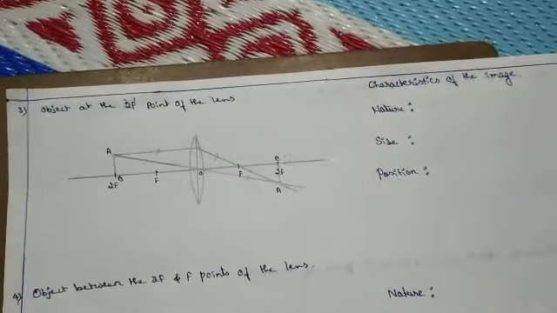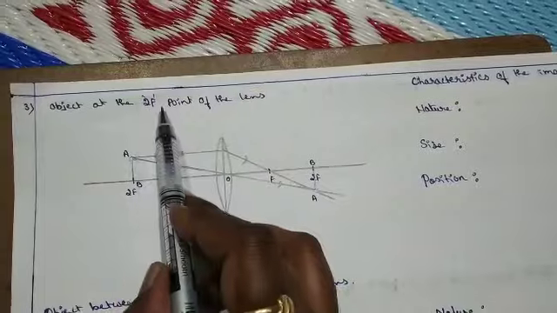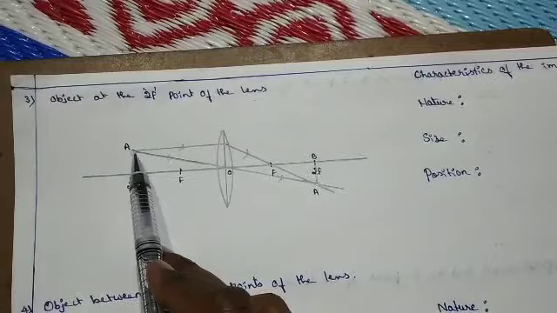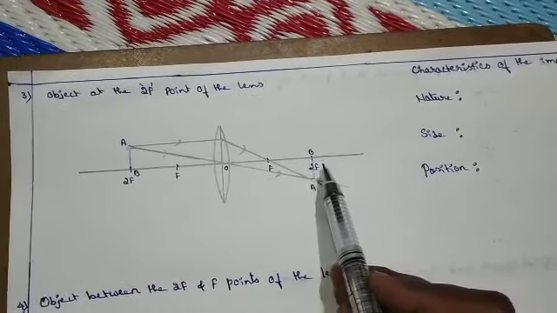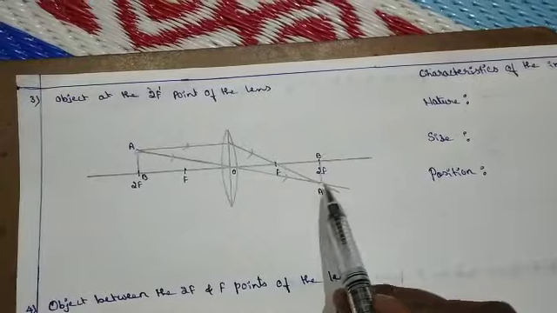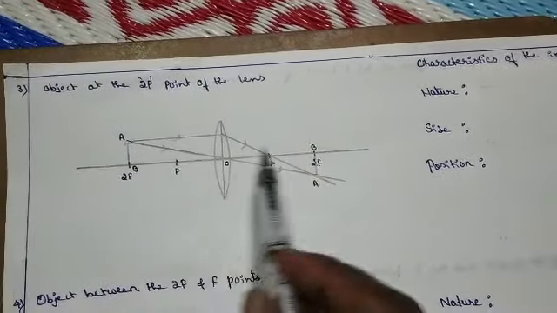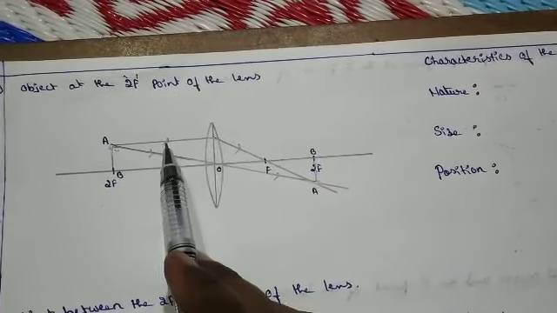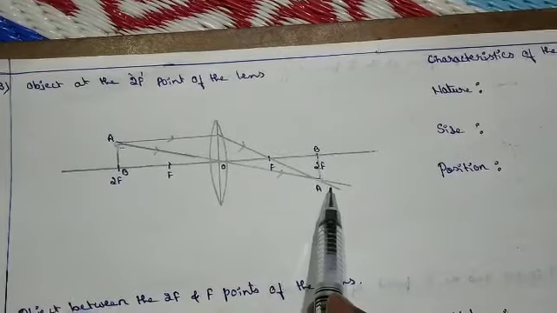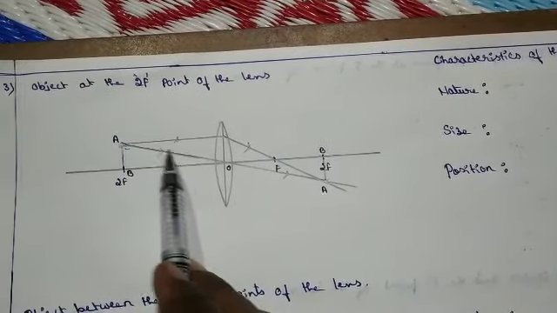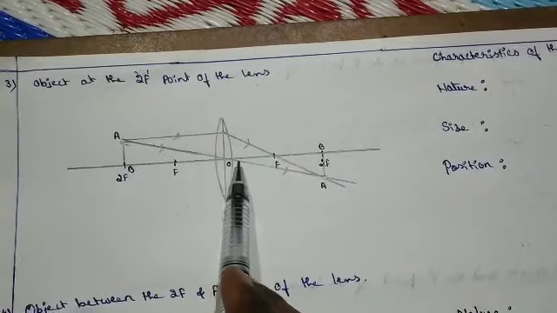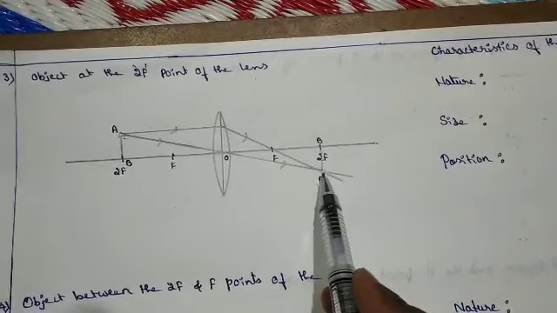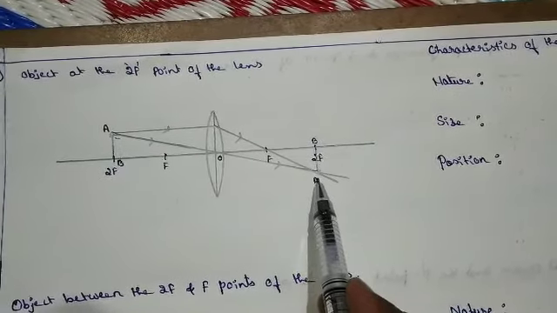So now moving to the third case. If the object is at the 2f point of the lens. So this is 2f. If the object is kept at 2f, where is the image formed? The image is formed at 2f on the opposite side of the lens from the object, right? One ray, you can observe, the incident ray is parallel to the principal axis and passes through the focus. The other incident ray passes directly through the optic center, and it undeviates the ray. So both meet here. So if I draw again, the image formed is at 2f only.